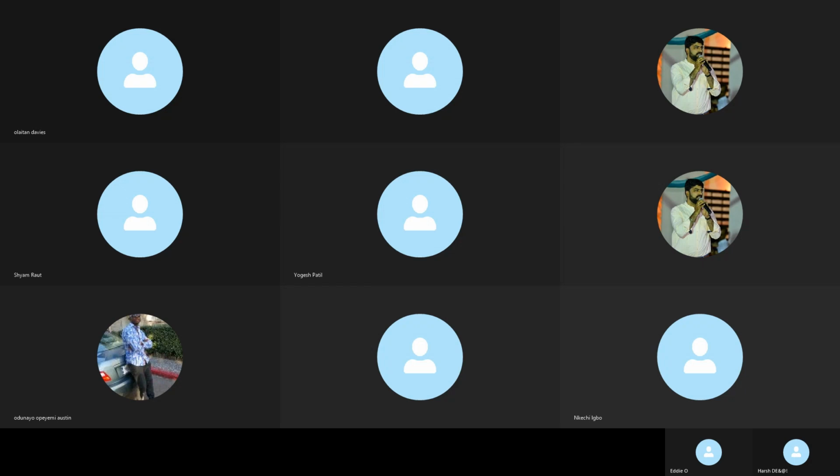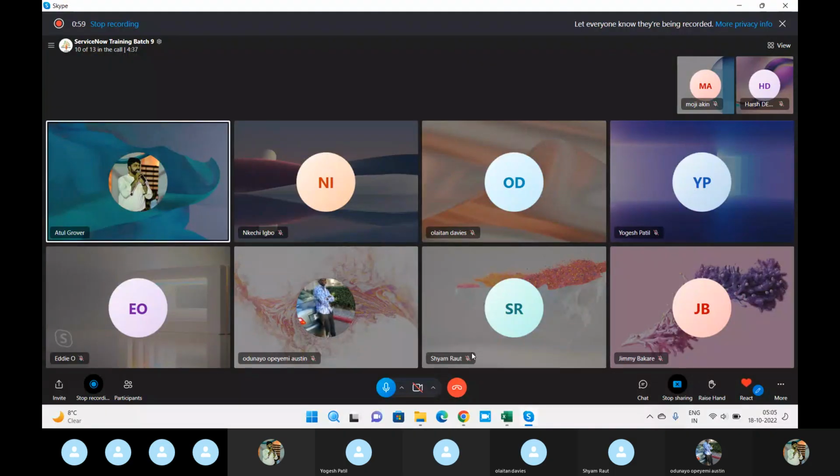Let me share my screen here. I will show you how many types of mobile apps are available in the ServiceNow area which we are going to use, and how I can build a small screen in the mobile app. When I say a small screen, I mean how you can log in and check which screen I need to use. Before that, let me tell you, mainly ServiceNow launches three types of mobile apps. Now Agent